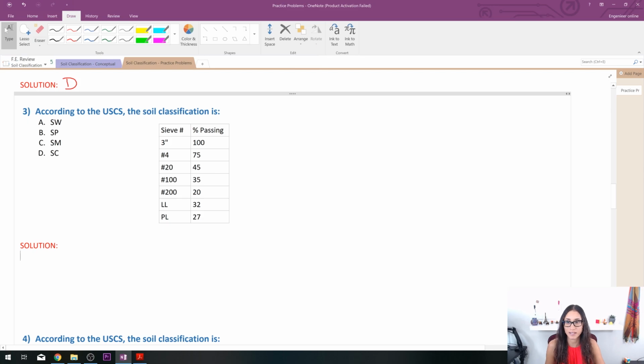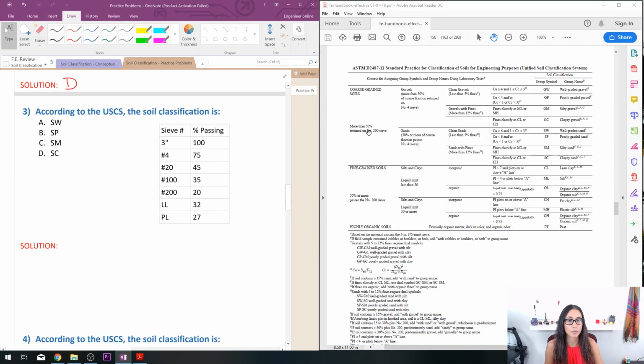According to the USCS, the soil classification is SW, SP, SM, or SC. Now, the percentage passing and sieve number are given to us. So let me pull out the handbook. Here we go. First thing we're going to look at is the number 200 sieve, because that will classify our